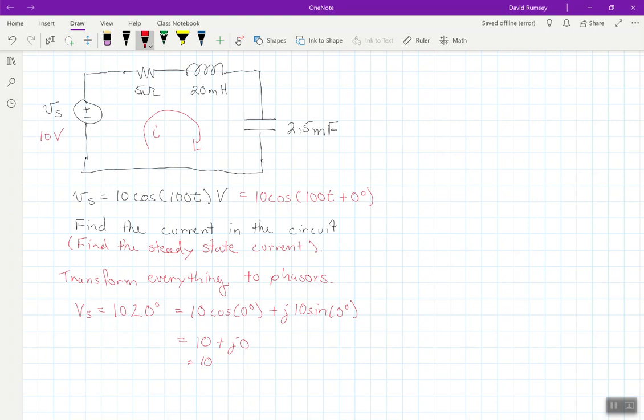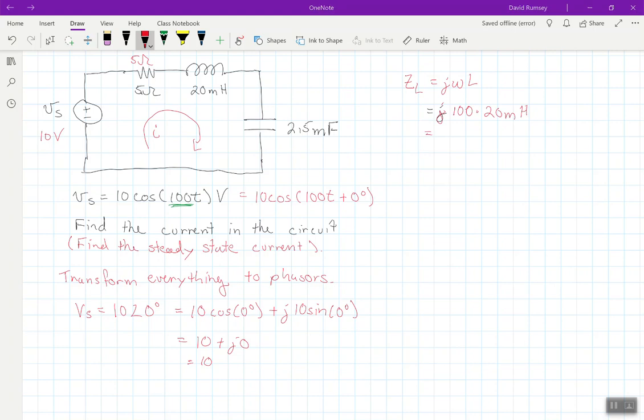All right, now let's do the phasor transforms for everything else. Well, the resistor is easy because that doesn't change. That's still just 5 ohms. Now for an inductor, remember we need to compute impedances because that's the phasor for an inductor. And this is J omega L. And that's where this angular frequency comes in. Notice here, 100 is what omega is. So my impedance for that inductor would be J times 100 times 20 millihenries,